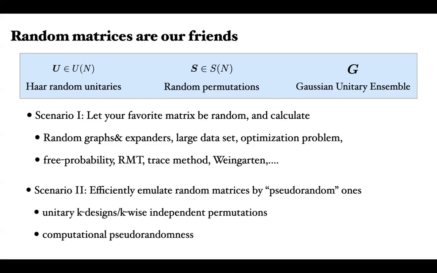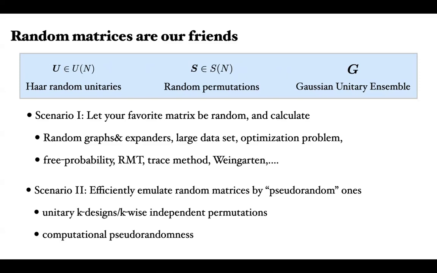You still have to do a bit of work, maybe evaluate the trace of a matrix to very high moments to understand its spectral properties, or do some Weingarten calculus. That's quite common in quantum computation. Nevertheless, these random matrices are pretty useful and often give us interesting applications. So this motivates the second scenario,